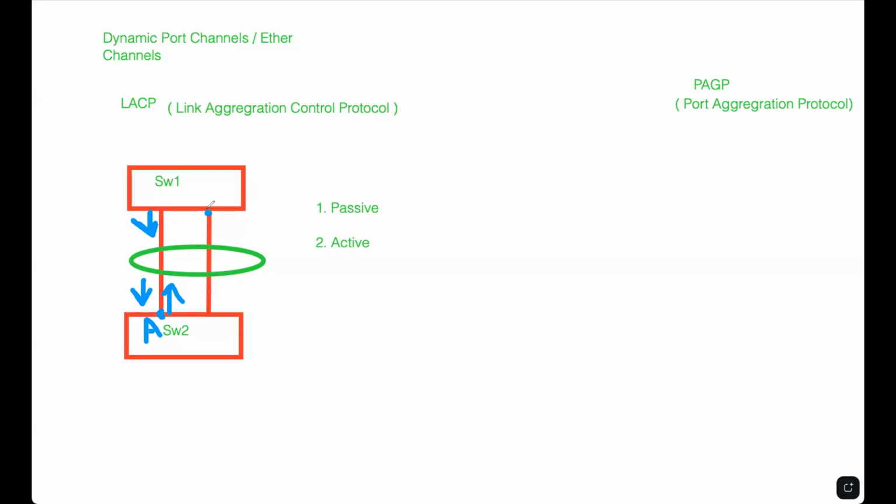But if it's passive, it will not send the message by itself. It will wait for someone to send the message to be part of the port channel. So if both sides are active, the port channel will form. If one side is passive and one side is active, the port channel will form. But if both sides are passive, if this one is passive and this one is passive, both of them will wait for the message from the other side to form the neighborship and to form the port channel. So if you take a table,